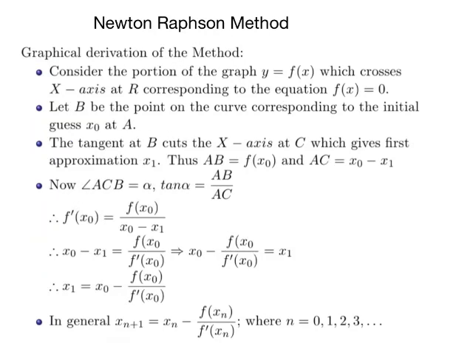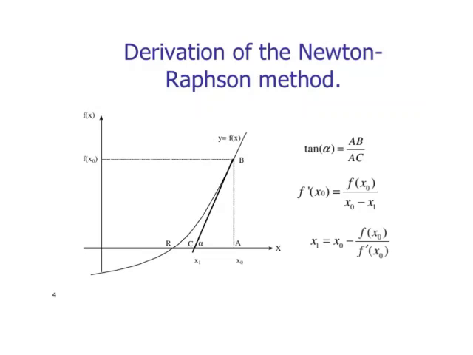Here is what I have explained, the graphical derivation of the Newton Raphson method. For this, the graph is given in the next slide. Now, as explained in the previous slide, there is a graph here, and from the graph, considering the triangle ABC, tan alpha is given by AB by AC. In the next step, tan alpha is replaced by f dash of x naught is equal to f of x naught by x naught minus x1,